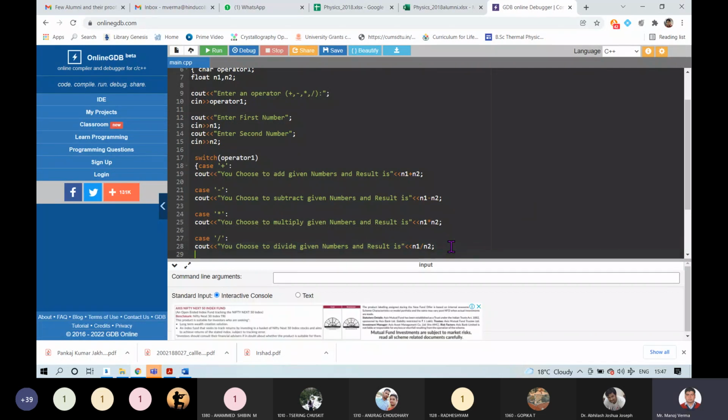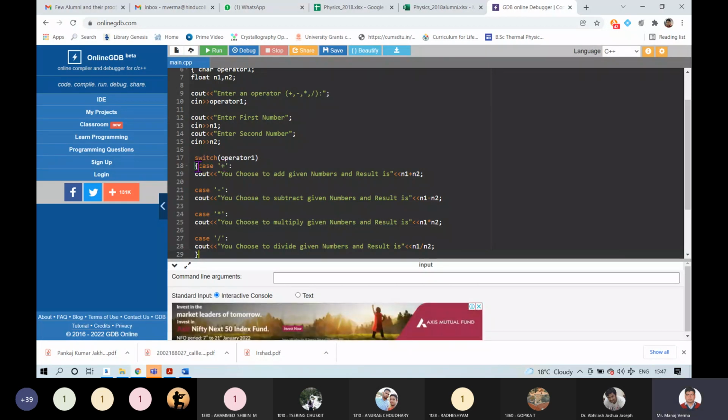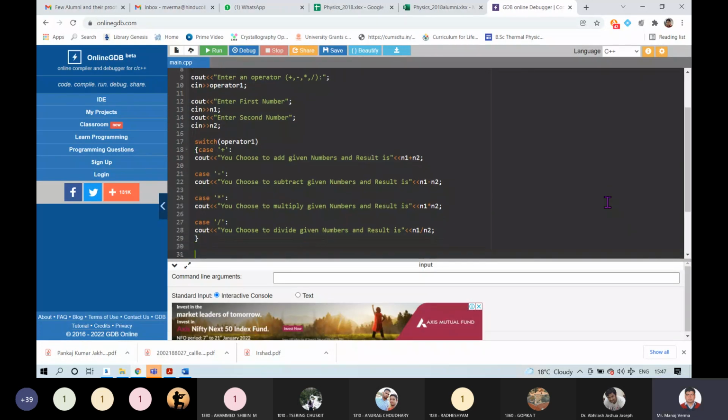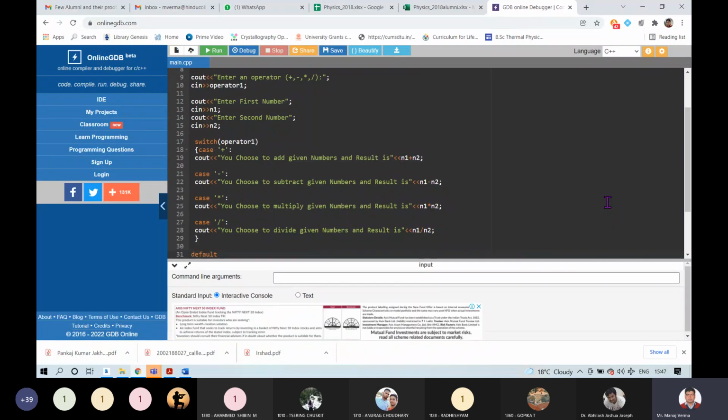Okay, now you have to close the switch cases. The curly bracket will start just after the switch and end as soon as you define all the cases. And in last, according to format, you have to write default.